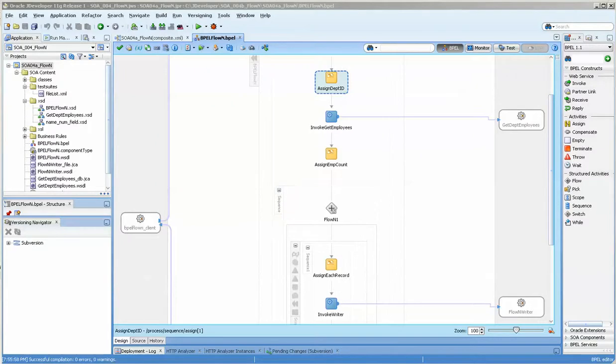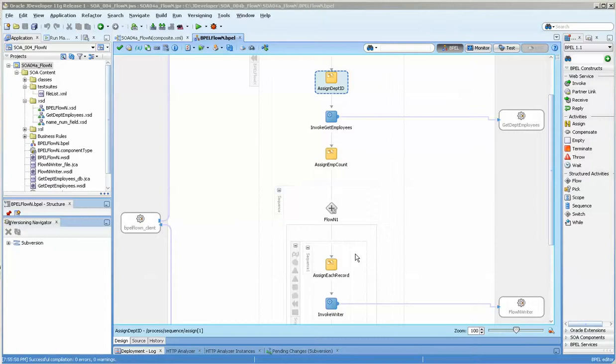Hello. In tonight's video, we're going to be going over, again, the database adapter, but also this time we're going to be working with the FlowN activity, which is an Oracle extension, and allows you to basically loop through the data of a record set or some sort of array, processing basically at the same time, although I've read that, in fact, it doesn't spawn a different thread. So it's not exactly the same as being multi-threaded, but it is basically running it at the same time as opposed to a while, which is sequential,